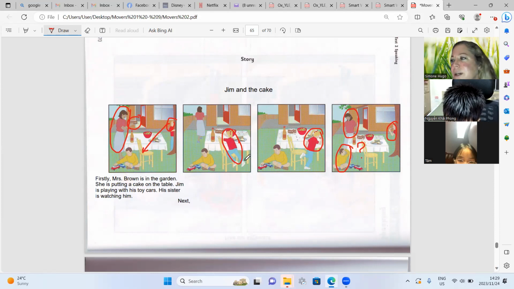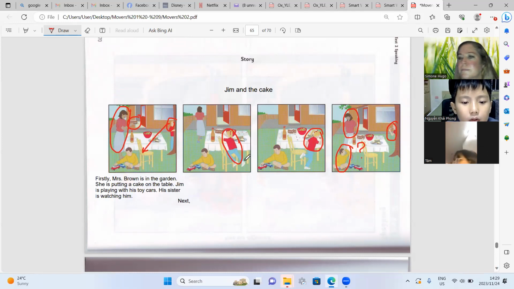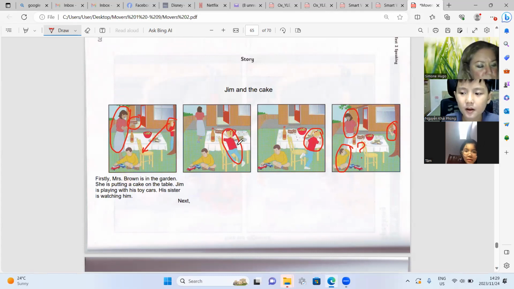What is Jim's sister doing? The sister is climbing on a chair.